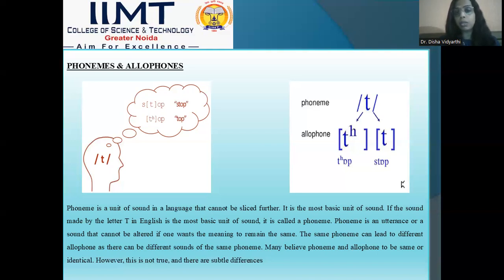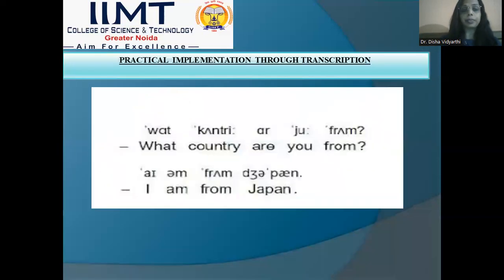You can see over here also the same phoneme is written for the t sound. It is t with a little h over here. When the h is written above any phoneme, it means it is the allophone, and we have to pronounce or produce that sound with a little aspiration of the air moving through your mouth. That is with the h sound, like top. So if you go by the transcription over here, it is written top. We will just pronounce it top, but it will not create any difference in the meaning of that basic sound or the basic phoneme ta sound. Let us move on to the next slide.